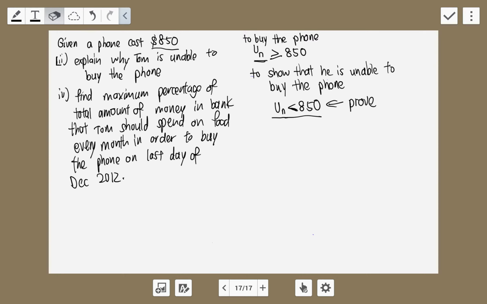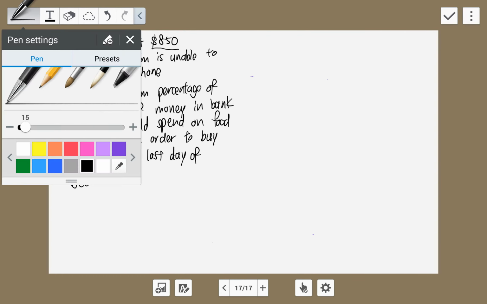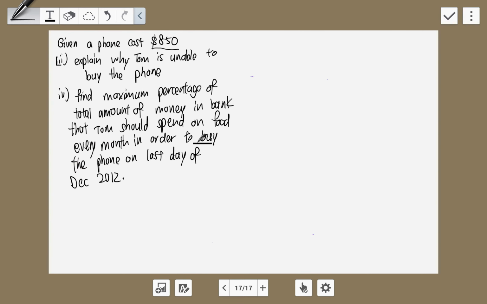So now they tell us that December, okay, find the maximum percentage of the total amount of money in the bank that Tom should spend on food every month in order to buy the phone on the last day of December 2012. December 2012 means n equals 12, correct? Because this is 12 months after 2011. So that means now we want U12 to be more than or equal to